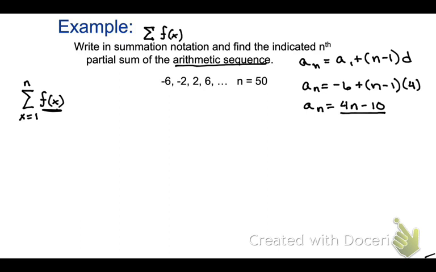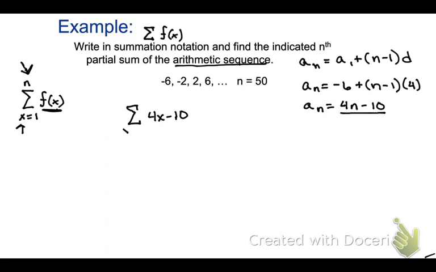Got it? You guys want to stick with the n, or you want to switch it to an x? You want to switch it to an I? Let's leave that. Okay, I'm going to tell you in the book, I think they use I all the time. Doesn't matter what I make it. The only thing that matters is right there. The reason why I tend not to use n is because we use n as an upper limit, and sometimes that confuses people. Okay? So, you guys want to leave it as n? We can switch it. What do you guys want to do? Switch it to x. I is weird usually for you guys. You want to switch it to x? Okay, so it's going to be 4x minus 10. There's my definition.